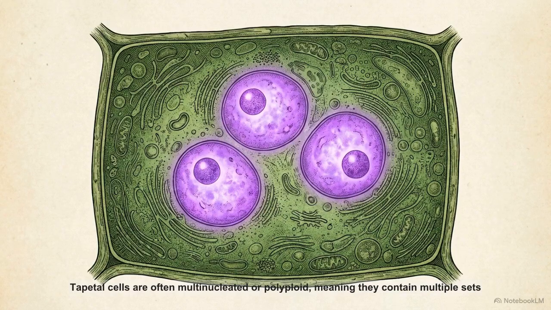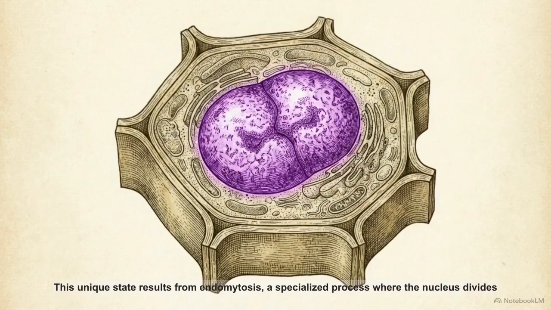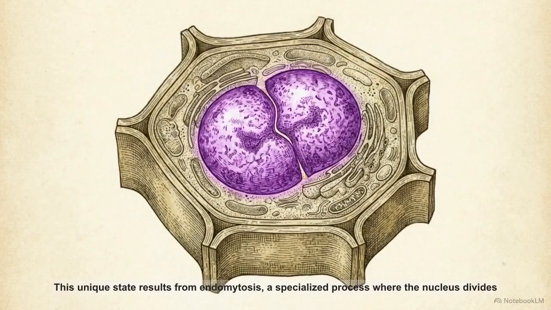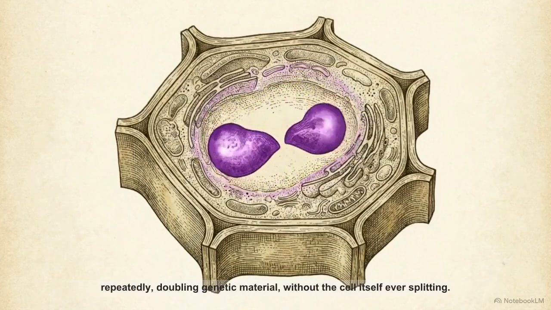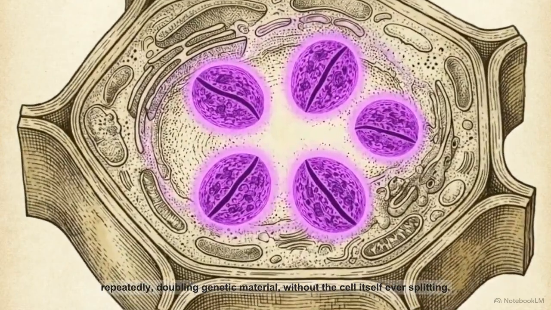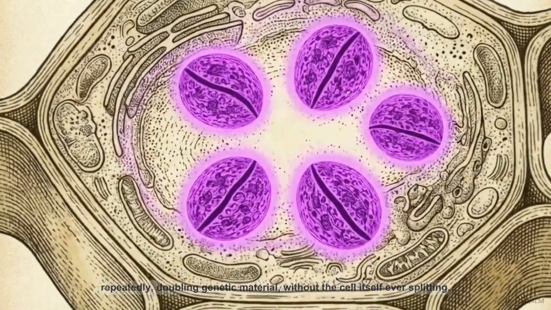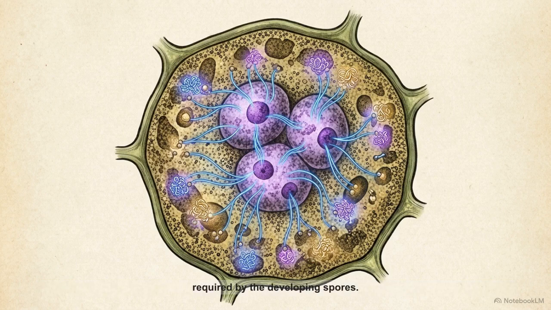Tapetal cells are often multinucleated or polyploid, meaning they contain multiple sets of chromosomes. This unique state results from endomitosis, a specialized process where the nucleus divides repeatedly, doubling genetic material, without the cell itself ever splitting. This dense genetic material allows the tapetum to synthesize the enzymes, hormones, and nutrients required by the